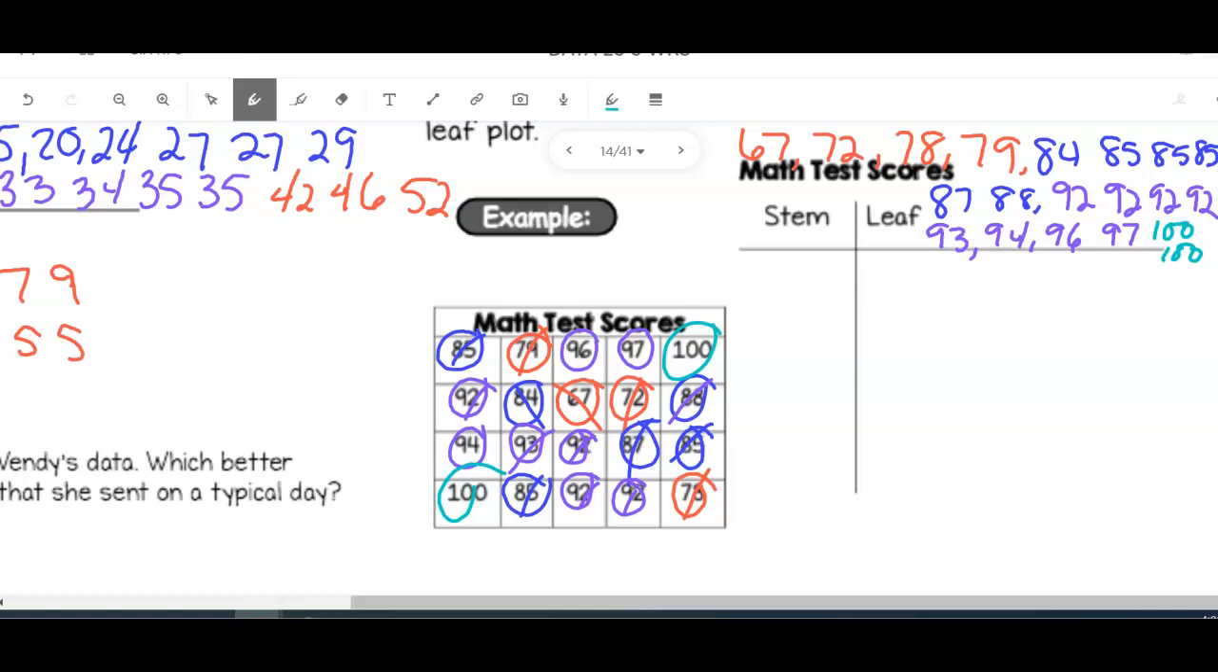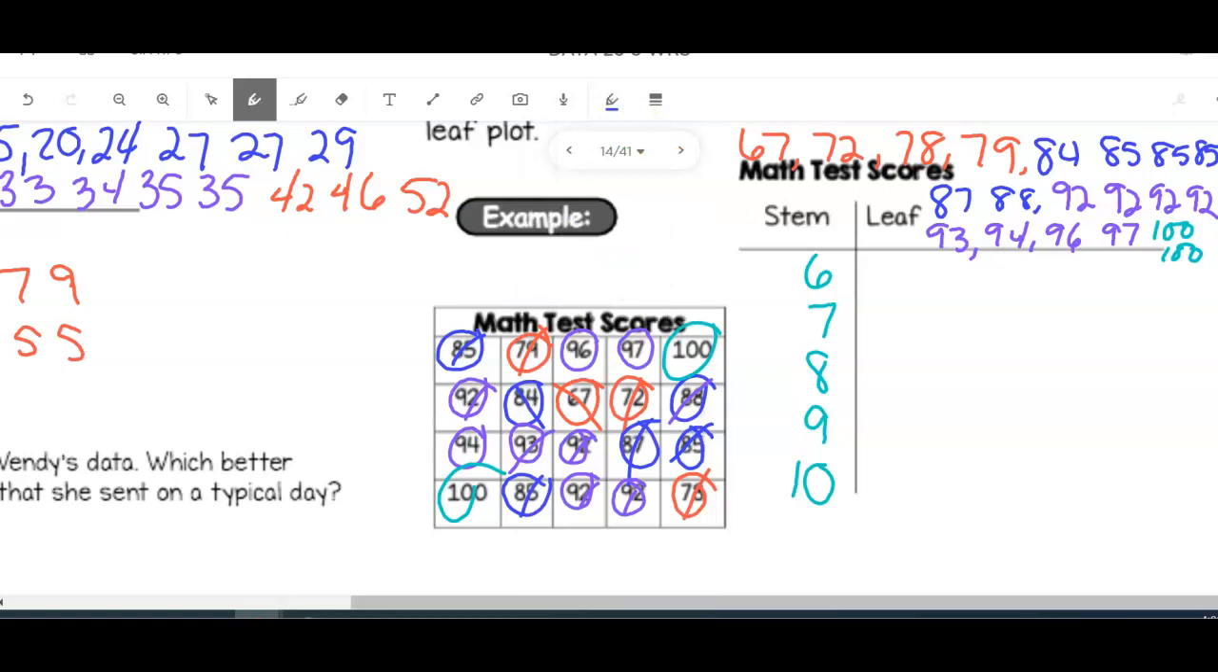I'm going to start building the stems. I have numbers that start with the 60s, the 70s, the 80s, the 90s, and the hundreds. Since the hundreds, we're going to make it 10 for the stem because we have 10 tens. Okay, now we can just start filling in these